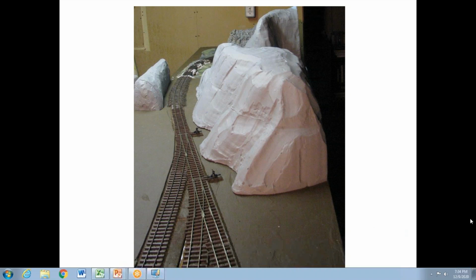And so here you see the final product. What you're looking at is 3 layers of 4-inch styrofoam. We've taken a hot wire, a filleting knife, and a little bit of sandpaper, and we just freelanced the carving so that it looks like something that we want it to look like. Now, when you carve styrofoam, it opens up the pores in the styrofoam. And so what we're going to do, next slide,